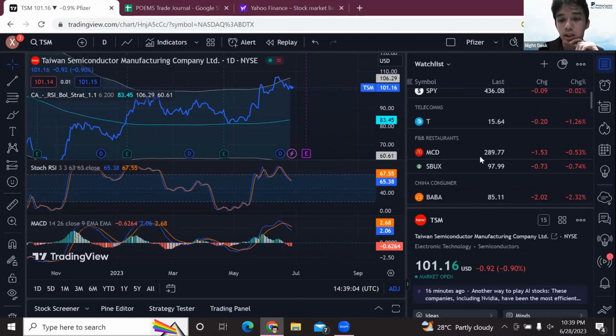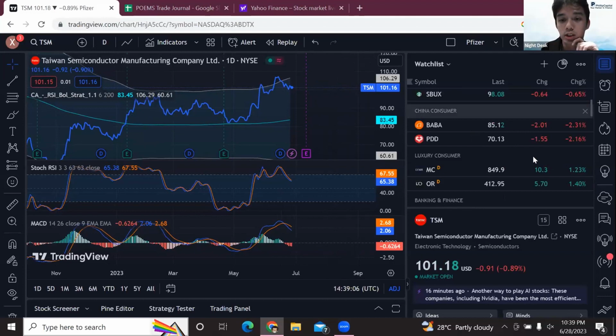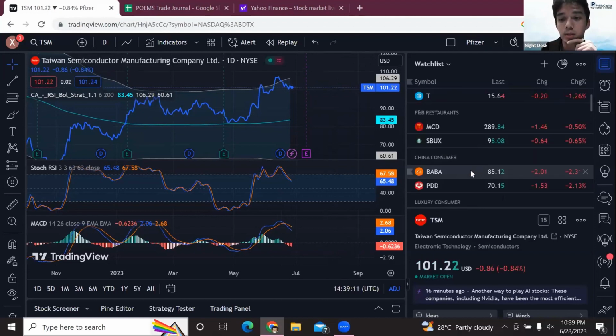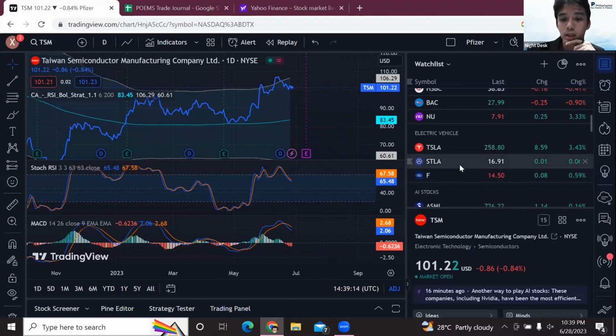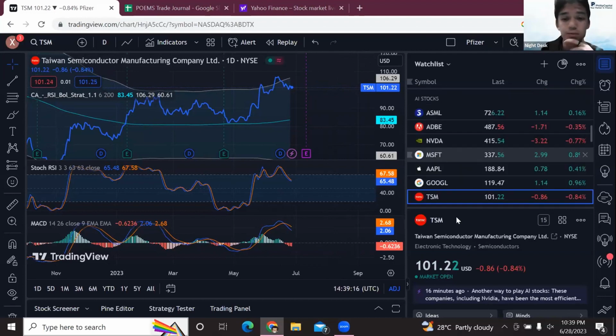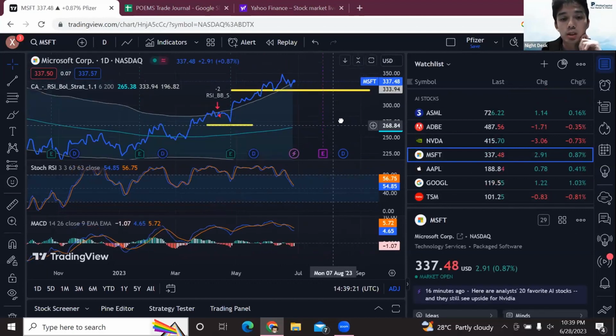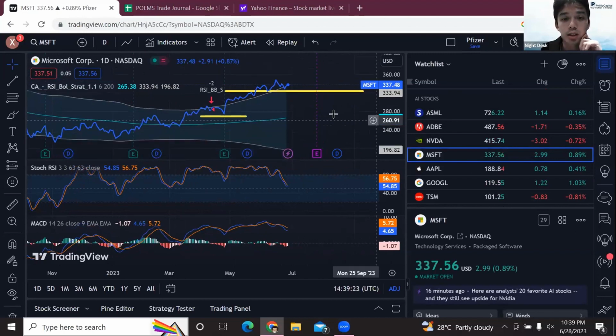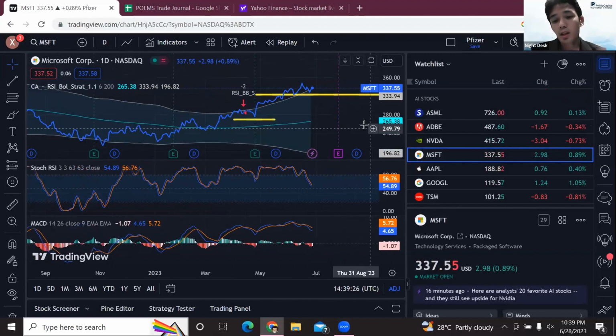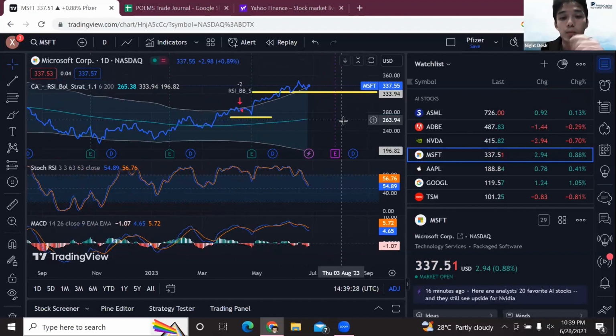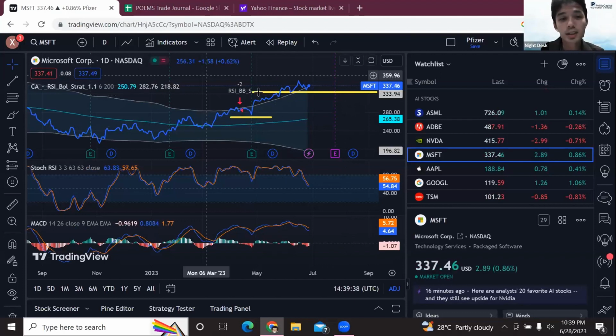So what else? China stock is down. This is China consumer. Look at BABA and PDD, currently coming down. So probably won't look. So yeah, that's about it for me. I will prepare myself to look into Microsoft. Likely I'll buy something about a month or two out using my currently funded POEMS account. But we'll see. I'll hand over my time to Ying while I prepare to show you all about the POEMS itself lah. All this will depend on your risk appetite and what strategy you want to use. So back to you.